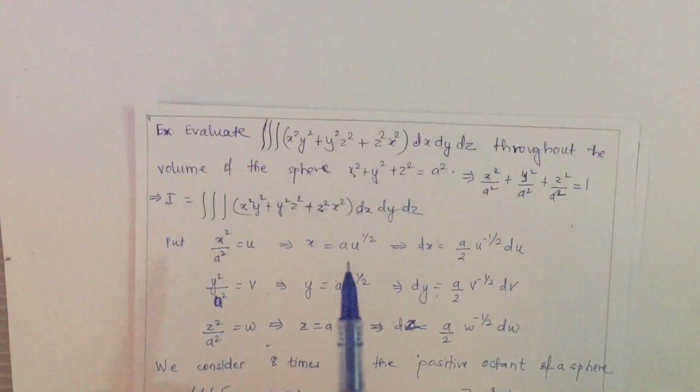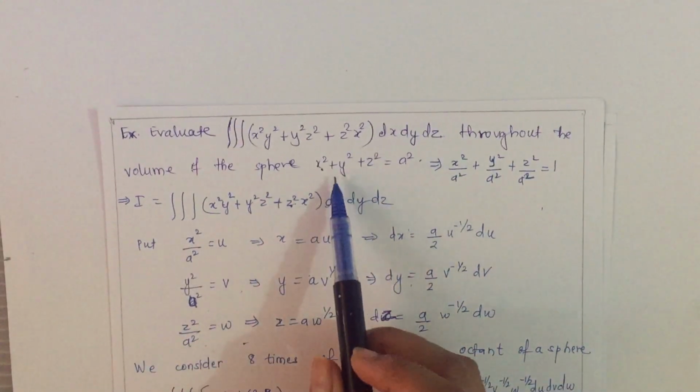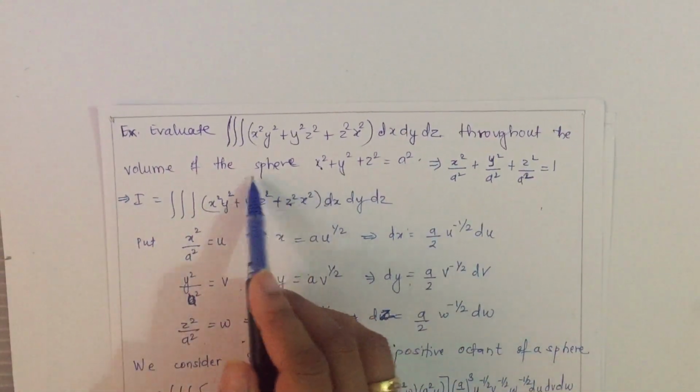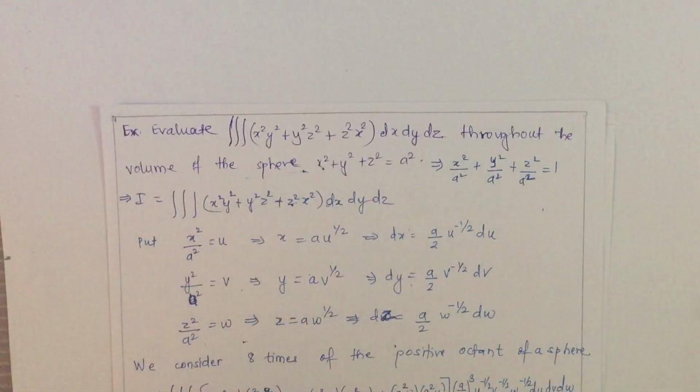Now, what is asked? One more thing we need to see: it is asked for the volume of the whole sphere. For a whole sphere, it will not be easy if you are transforming it to polar, considering theta and phi. So what do we do? We chop down the sphere into 8 parts, dividing it into octants. The value of one octant multiplied by 8 will give me the value for the whole sphere.